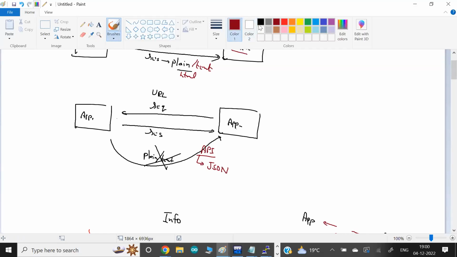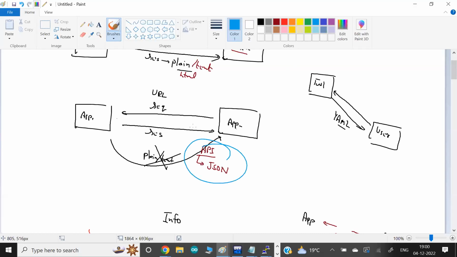Or if you guys belong mostly to the cloud world or DevOps world, this is one of the DevOps tools and you're the user of it. Again, there also you have to exchange data. There we mostly use the same concept with a format called YAML. But we are not in DevOps here. Right now we're in app development, web development. So here, between two apps or two microservices, the very common way to exchange data is JSON.